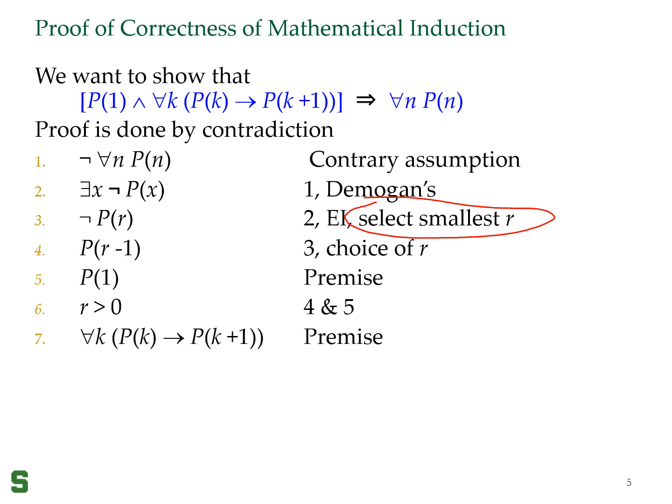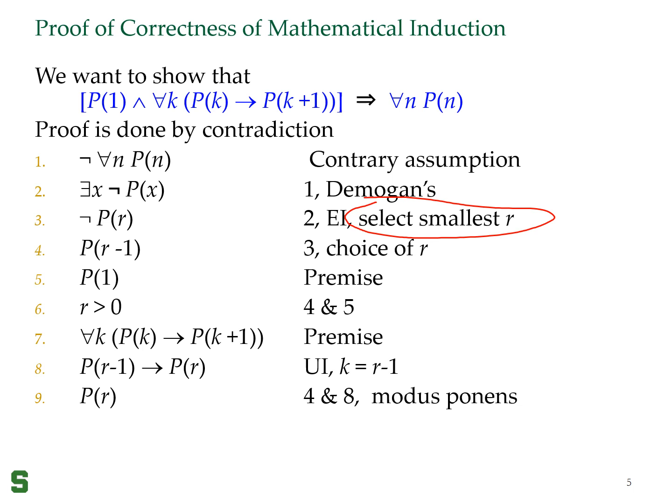And now we can use our other premise, which is for any k, p of k implies p of k plus 1. We instantiate k is equal to r minus 1 in this case to get p of r minus 1 implies p of r. From this we can conclude, using p of r minus 1 and p of r minus 1 implies p of r, that p of r is